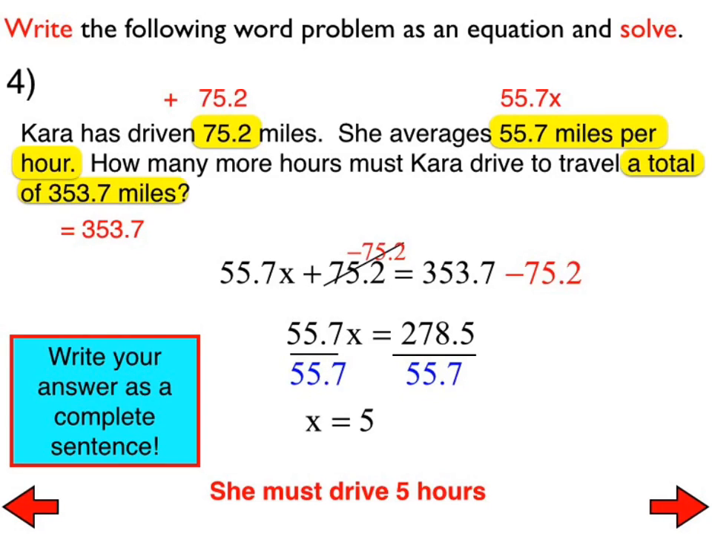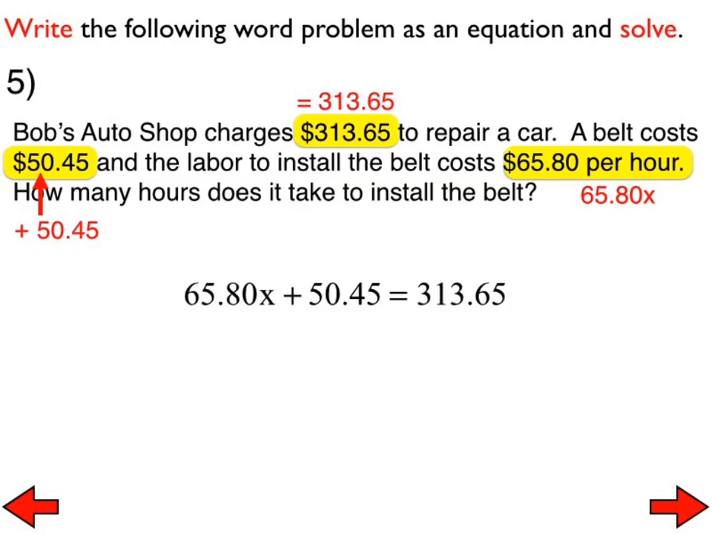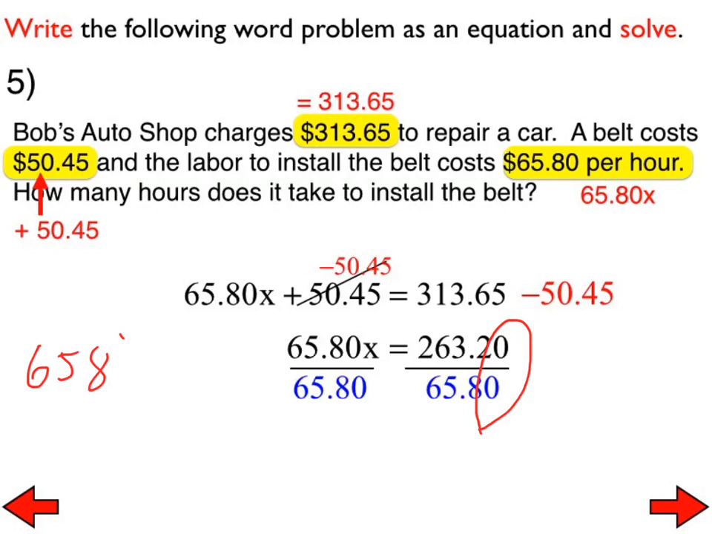All right, let's finish this up with number 5, and that obviously is the last problem for today. The equation for number 5 would look like this. 65.8x plus 50.45 equals 313.65. We subtract 50.45 from both sides, divide both sides by 65.8. Here we have another situation where a few of you are not looking at that. We don't really need those zeros there because we typically wouldn't write that if we were just adding or subtracting or multiplying and dividing. So you're really dividing by 658